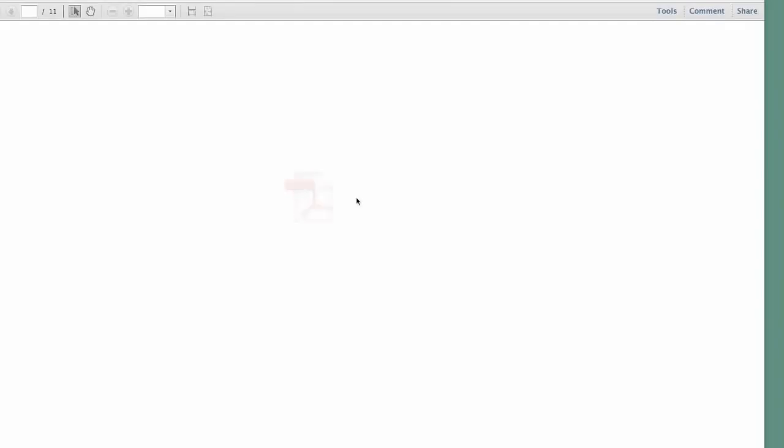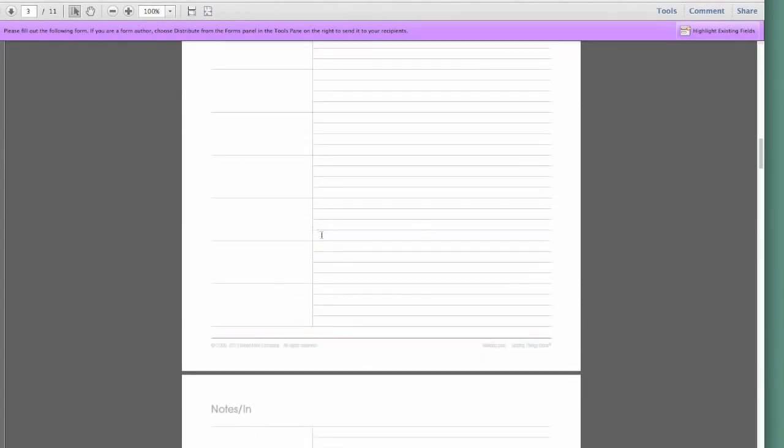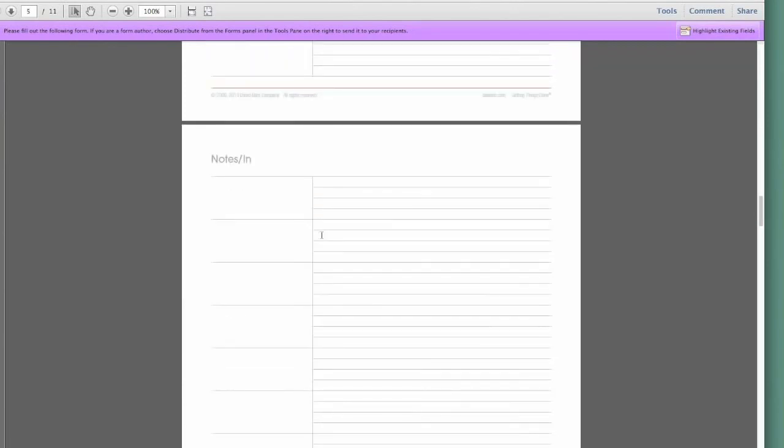So for example, the Notes In section, instead of just 2 or 3 pages as included in the complete version, this one has something like 10 Notes In pages. So surely this will last you throughout the year to be adding new items here. And if you happen to run low, you can certainly just start to delete items from these pages.